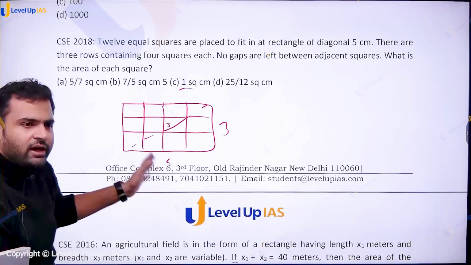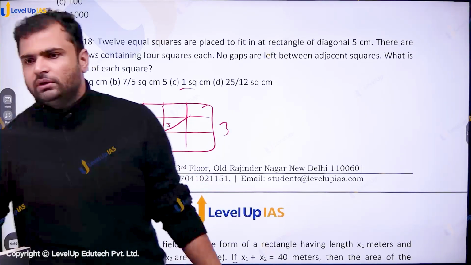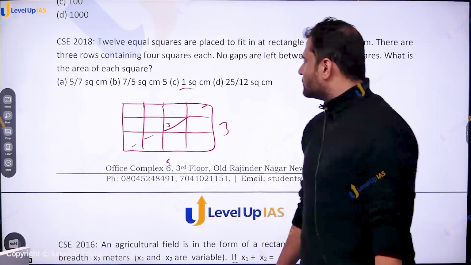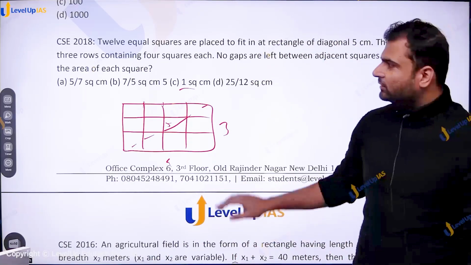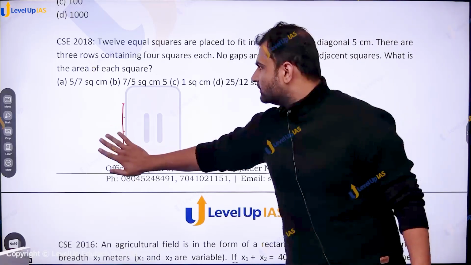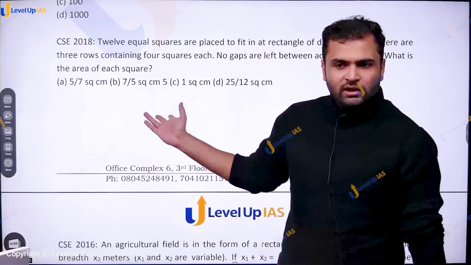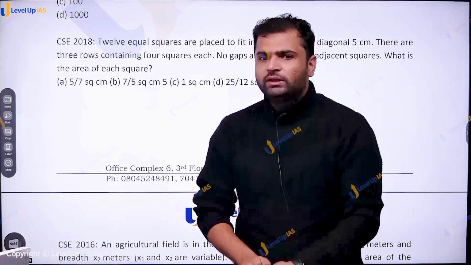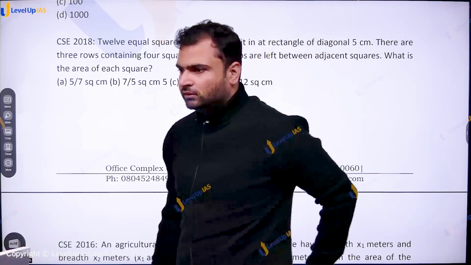Automatically you will get the sides and everything is then very clear. Answer would be 1 square centimeter. This is the easiest question they can ask for. And बाकी ऑप्शन से तुम्हें गुमराह करने के लिए दिया है, so you may think that कुछ कॉम्प्लिकेटेड ये आंसर होना चाहिए, इतना आसान तो हो नहीं सकता।